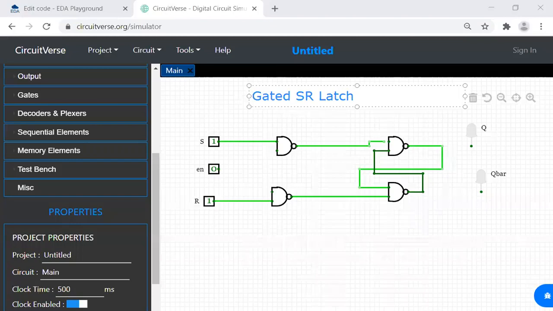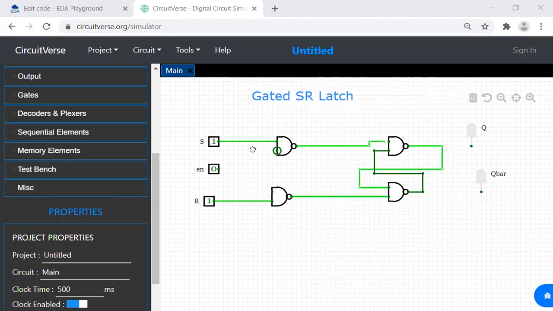Now you can see over here, this is the normal SR latch which we have done. The input over here was, suppose this was a NOT gate, S bar, because this is a NAND gate. And it is R, NOT gate over here, R bar. Now how are we modifying this to a gated SR latch? We are going to give another input. That input can be an enable, clock or a clock pulse to make it gated.